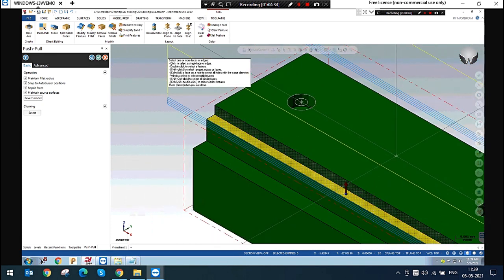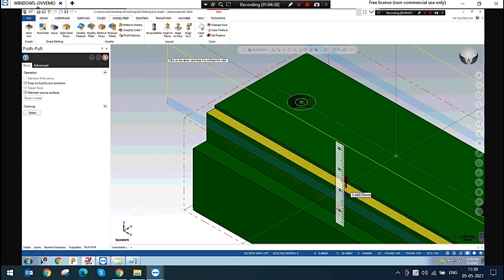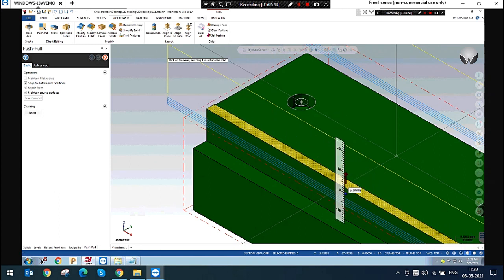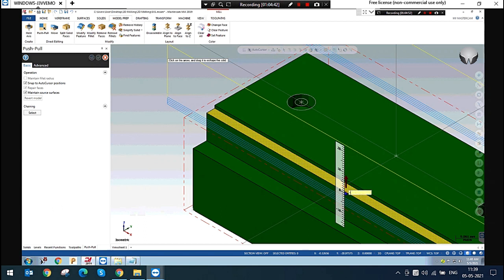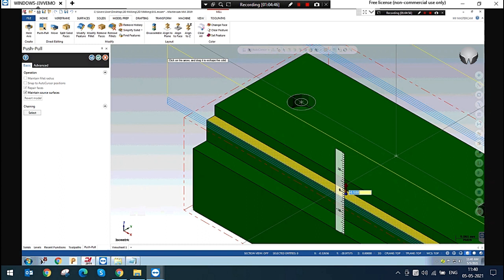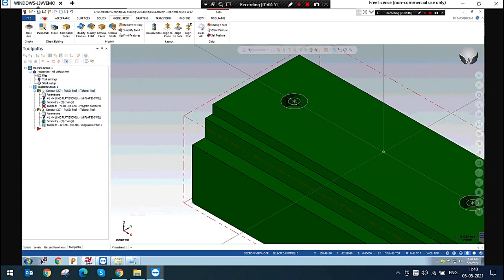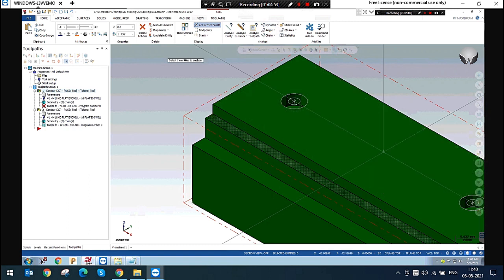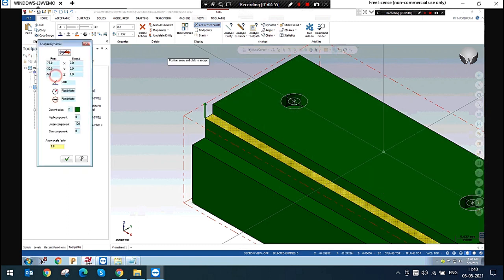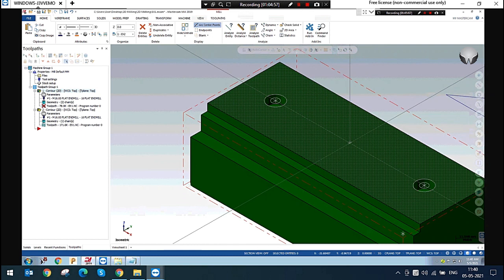So I'm dragging the arrow mark to adjust, minus 0.5 I will put. So now my depth is 5 mm, right? You can simply analyze. You can see. Yes, so now my contour has been modified.